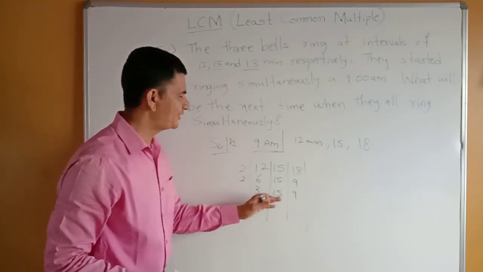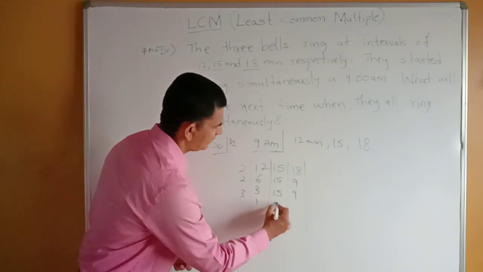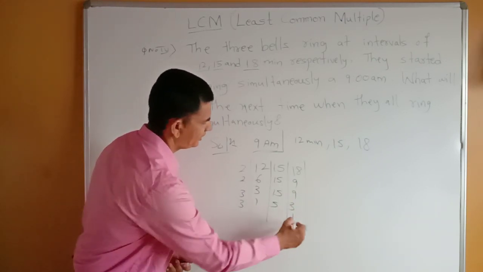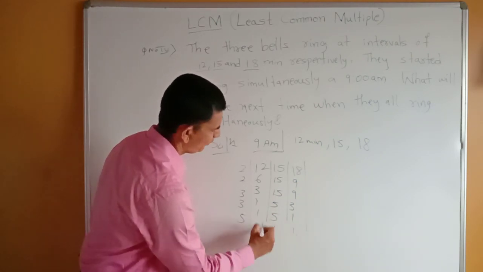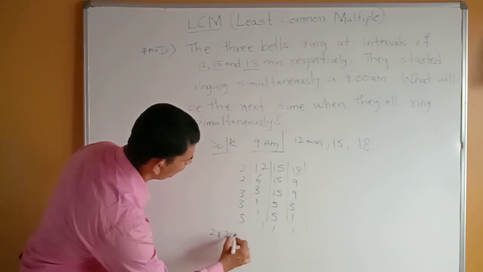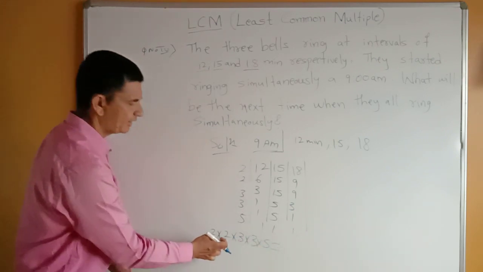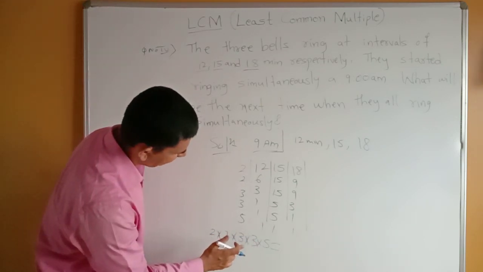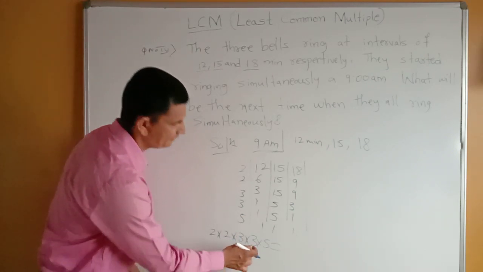So next, we can say all these numbers are in the 3 table, so we can take 3. 3 ones are 3, 3 fives are 15, and 3 threes are 9. So 3 ones are 3, 1 as it is, 5 as it is, 1 as it is. Now we have to write all this. What is the LCM? 2 into 2 into 3 into 3 into 5. So multiply this: 2 twos are 4, 4 threes are 12, 12 threes are 36, 36 fives are